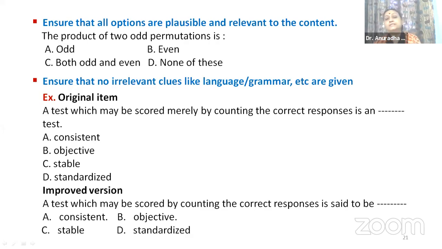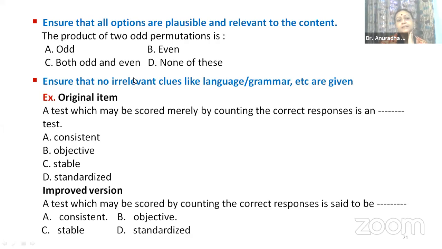Ensure that all options are plausible and relevant to the content. Now, this is something which is very important. Your options must all be possible answers for the ill-prepared student. For the well-prepared student, yes, they should be driven to the right answer. If you have something like, the product of two odd permutations is odd, even, both odd and even, and none